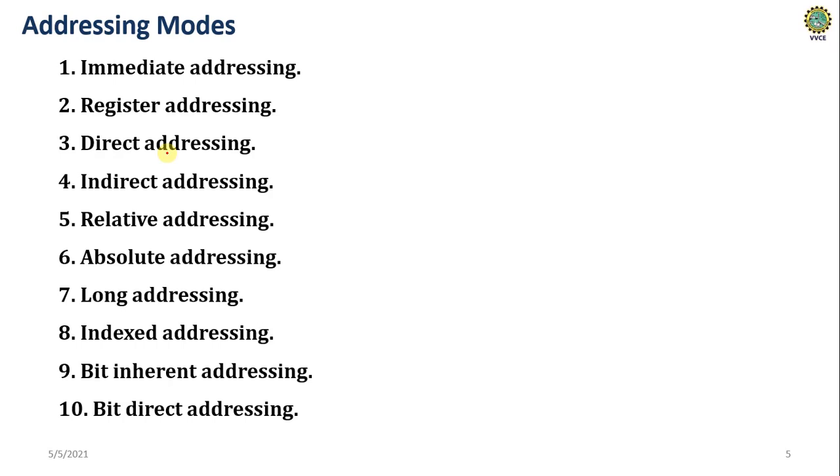So we have 10 types of addressing modes: immediate, register, direct, indirect, relative, absolute, long, indexed, bit inherent, and bit direct addressing modes. In this class, we will discuss only the first two types: immediate addressing mode as well as register addressing mode.